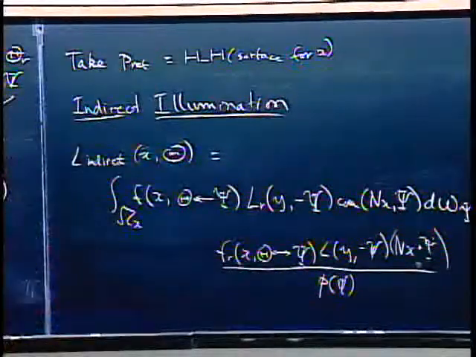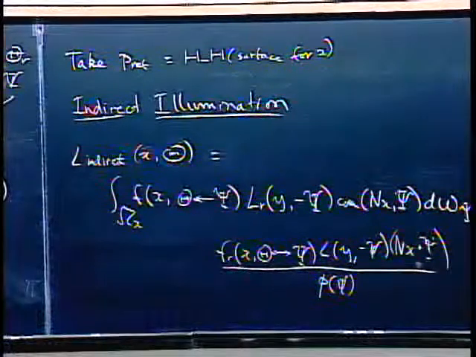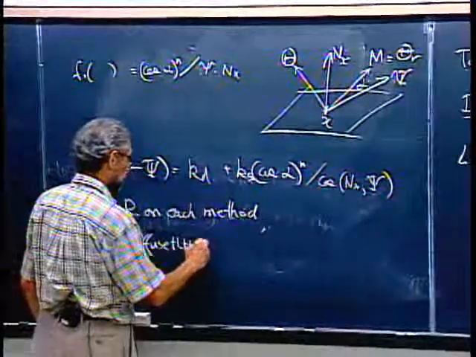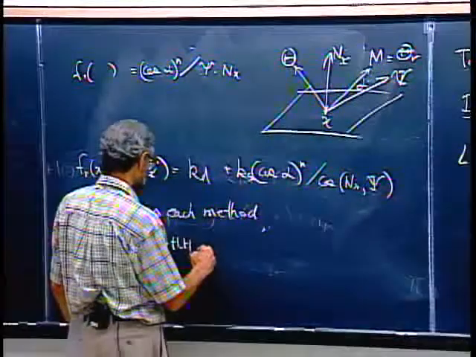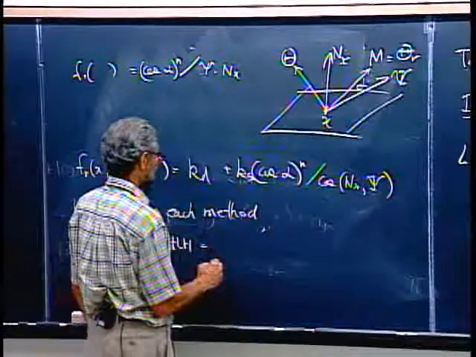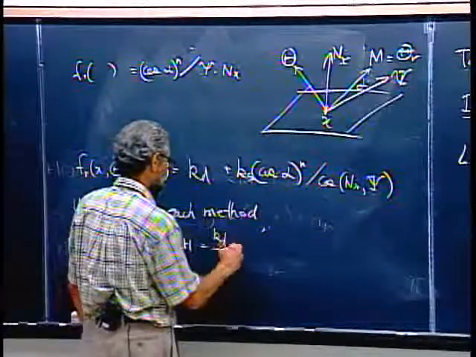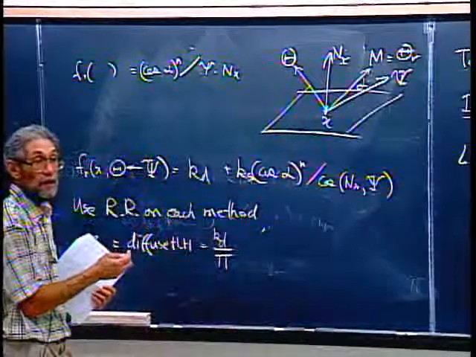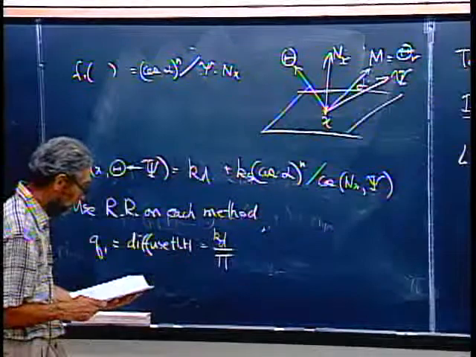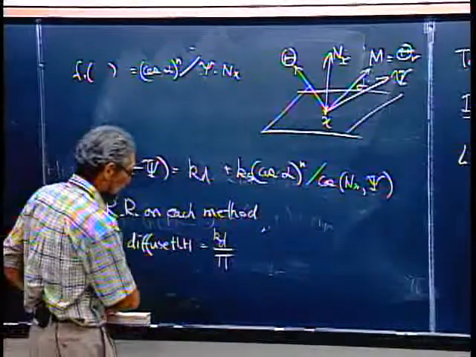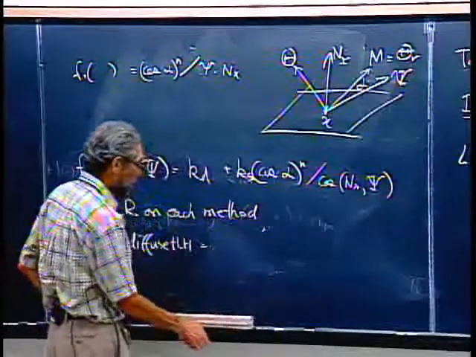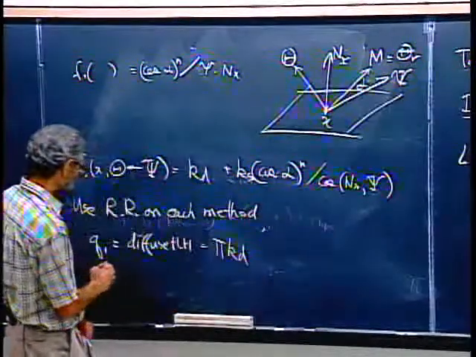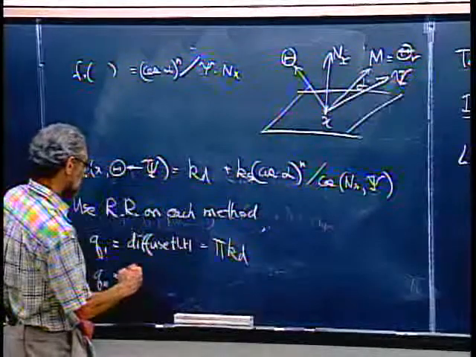So say the hemispherical reflectivity for this thing, Q1, equals the diffuse hemisphere to hemisphere reflectivity. And what is that? Well, we found out that that was KD over pi. Remember when we did this integral over the whole sphere to see what fraction of it was actually reflected? Was it KD over pi? Let me look at my notes. I don't remember what the ratio was. It was KD times pi, I think. Right, because the KD times pi had to come out to the reflective factor. So it's pi KD. And the computation we did more recently says Q2 is the Phong